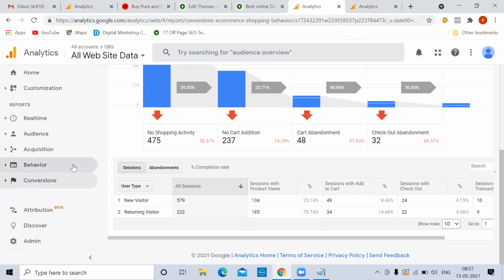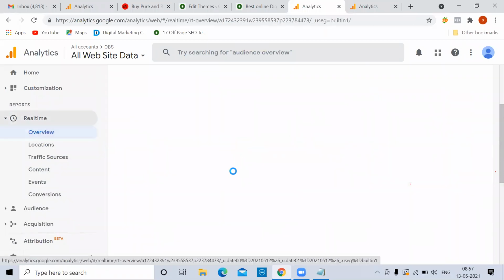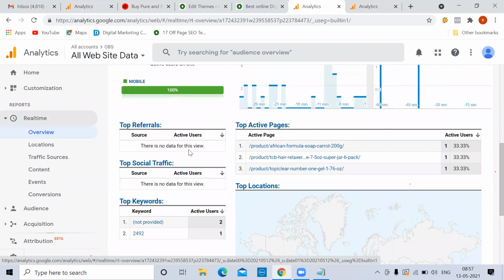Okay, so there are different options, but you have to care about real time. Real time is a live report. How many people are there live on your website? You'll be checking and see what product they are on. Now, if you see here, this number means this guy is coming from Google Ads. This 'not protected' means he's coming from SEO. Now, sometimes you will see a referral also here. Referral means some other website pointed to us. If it is from social media, it will show here.